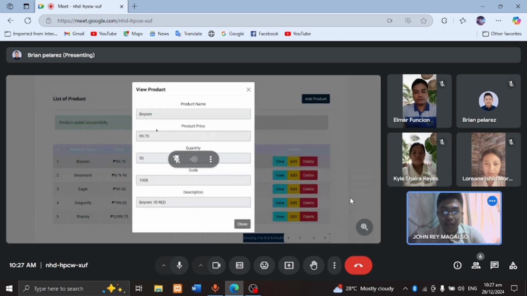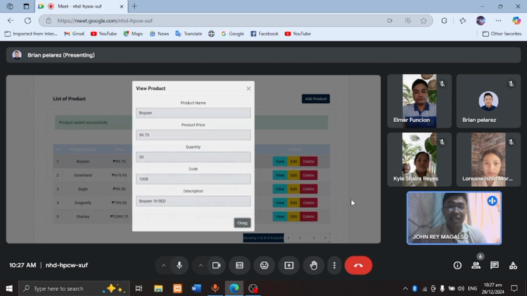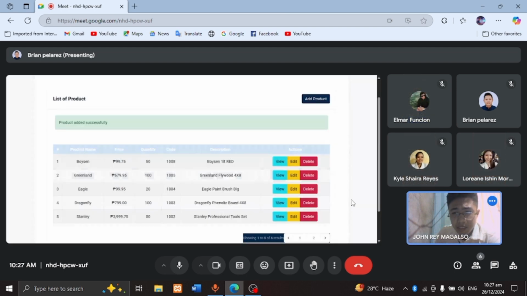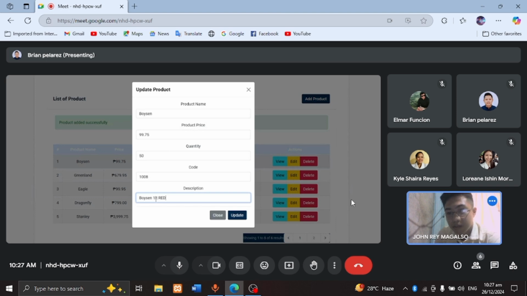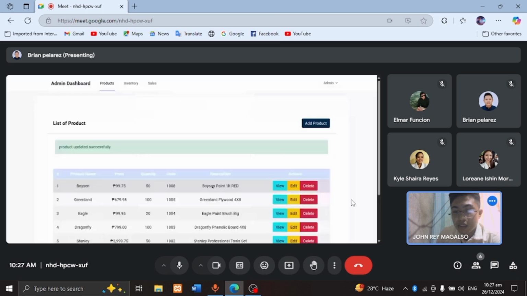Then every row has three buttons. The view product button, where you can see the product but you cannot edit. Then the edit button, with which you can edit the product quantity or anything you want to edit, then you just click the update button.